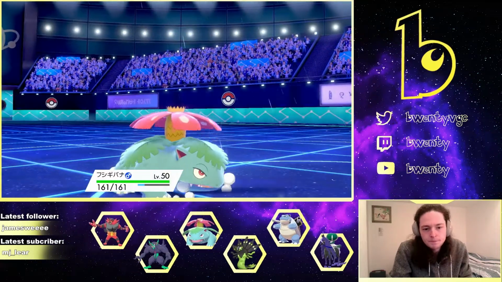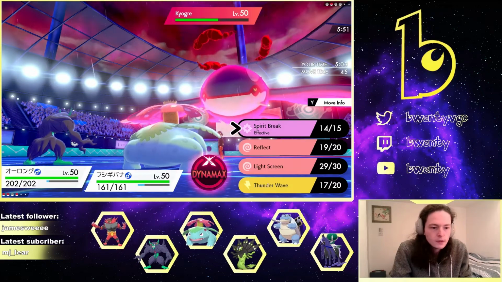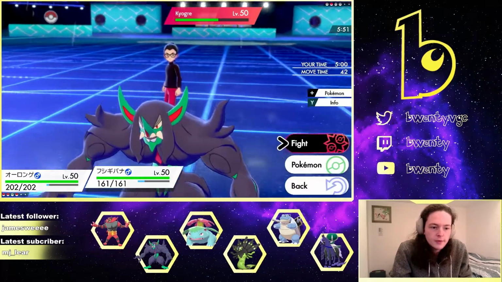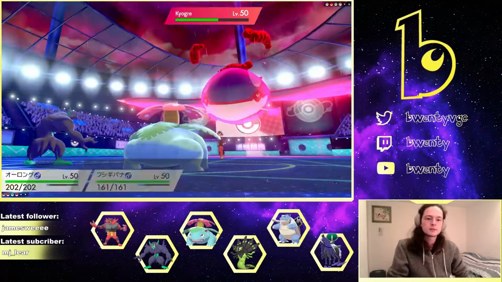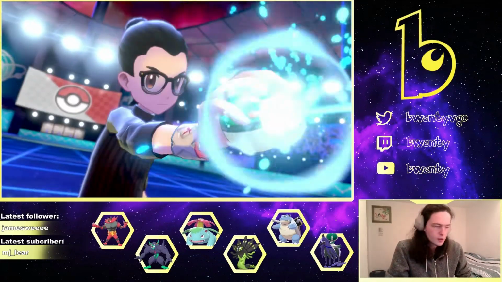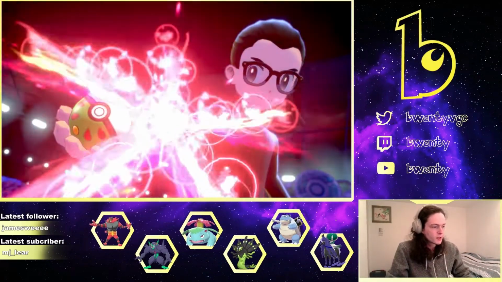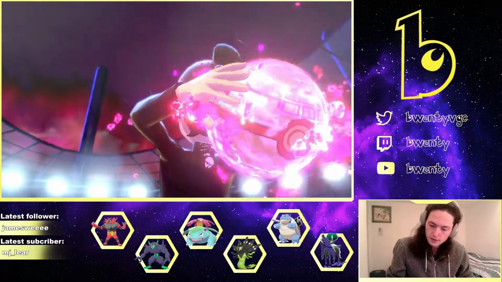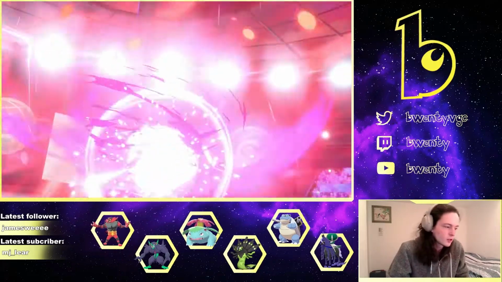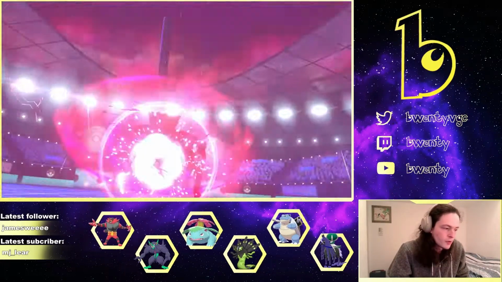Okay, this is now Thunder Wave and Big Vine Lash. They are going to make me sit through the entire Dynamax animation, despite the fact that the game is already long over, which is a little bit annoying. Like, a crit Hailstorm is the best they can do here, and that won't kill me, so...